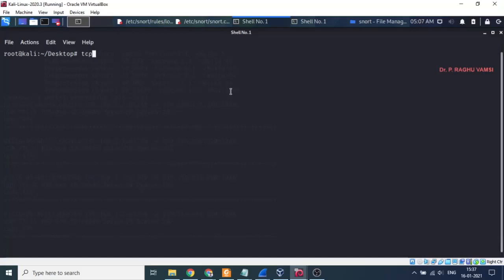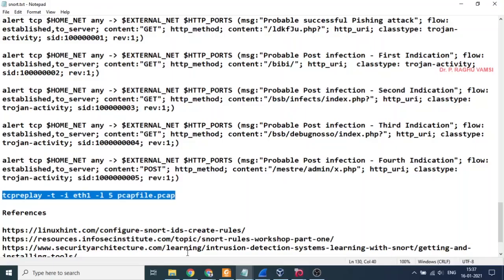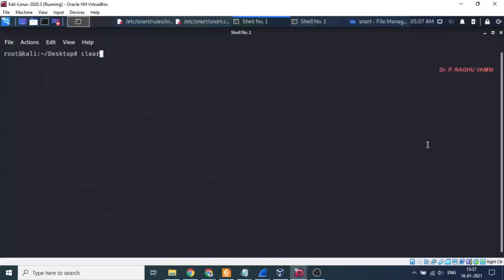So tcpreplay -T -i, that is Ethernet 1. You are assuming Ethernet 1 to run this PCAP file. Around 5 times we want to run this.